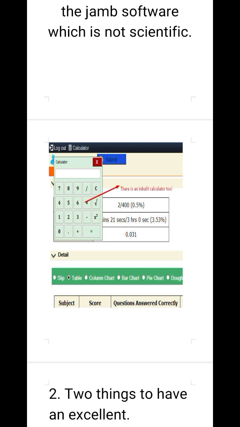Some of you have been practicing Jamb calculations or your various subjects using a laptop or an app that gives you access to a calculator like this, so you should be familiar with it. I'm going to be showing certain things you need to pay attention to as you use the Jamb calculator to solve questions in the Jamb exam, maybe physics, chemistry, mathematics, or